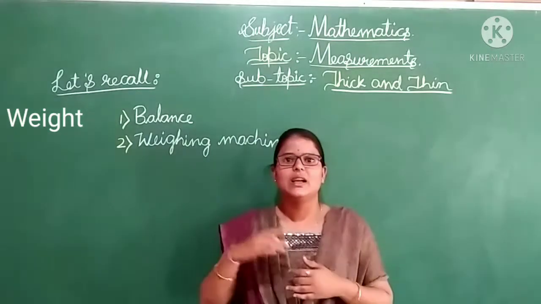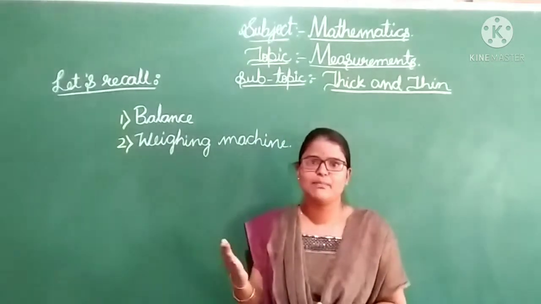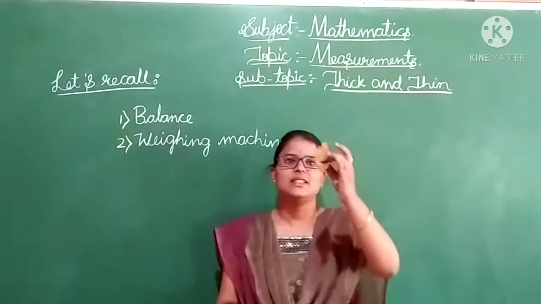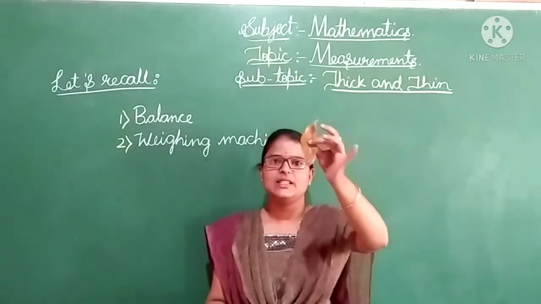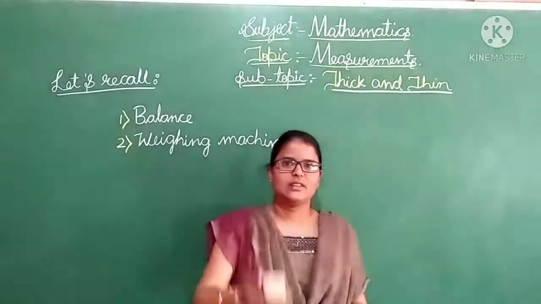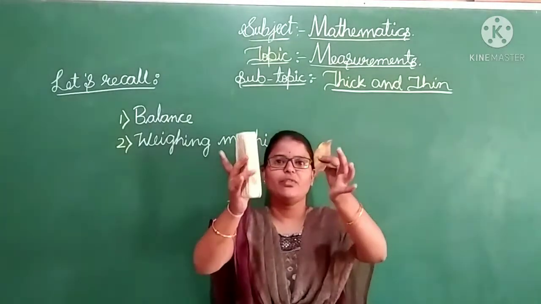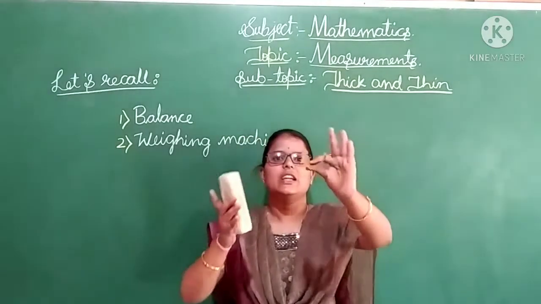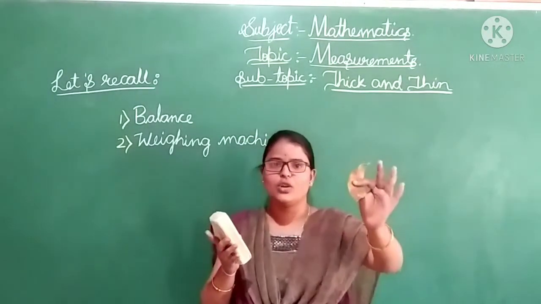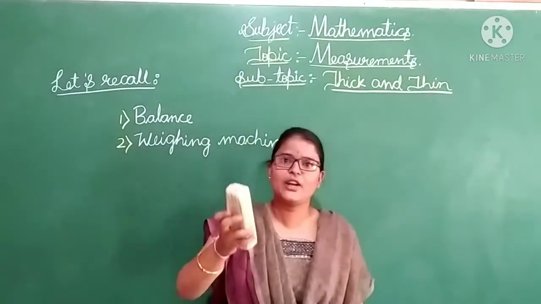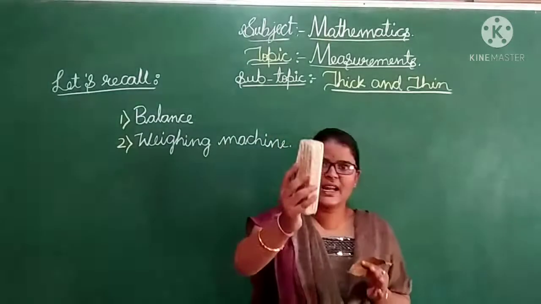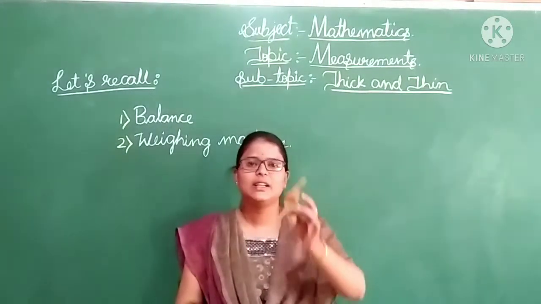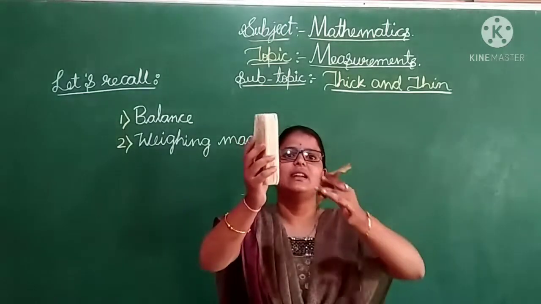In the same way, giving one example, let us move on to today's class. See, this is the dry leaf and this is the duster. In this duster and dry leaf, which is the heavier object? Is the leaf the heavier object? No. Then the duster is the heavier object. Write down, the duster is heavier than the leaf. And we can also say the leaf is lighter than the duster.